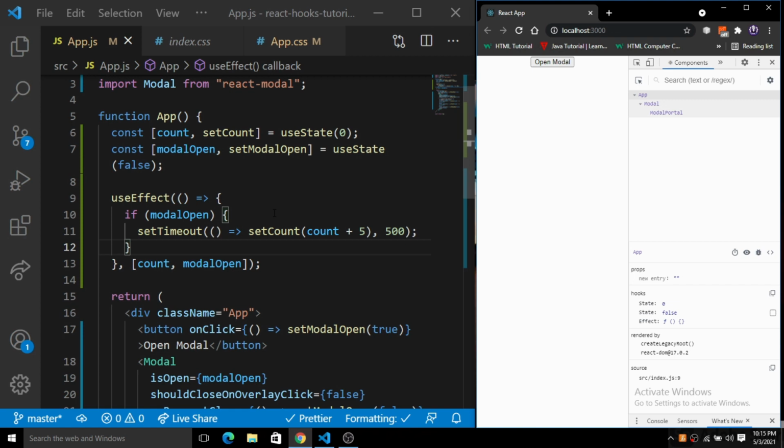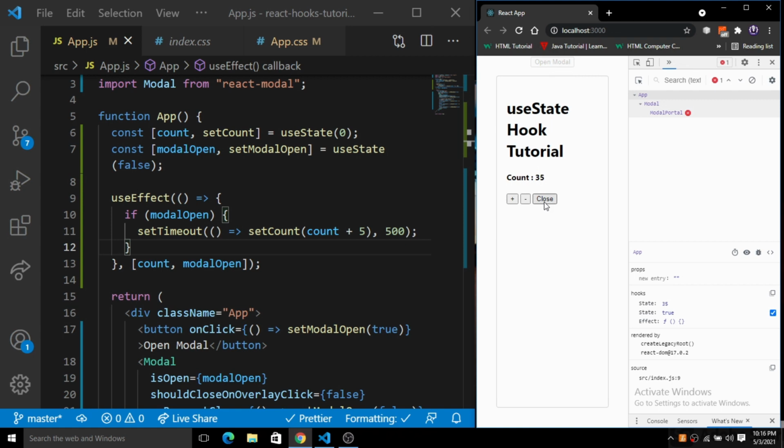This is the way we can add useEffect inside our functional component and make things look much easier, very lucid and simple for the whole code we have seen here. When I click on this open modal, you can see it is incremented here.